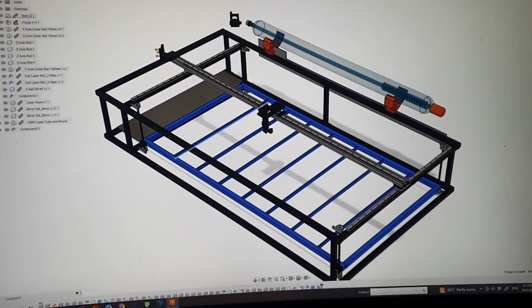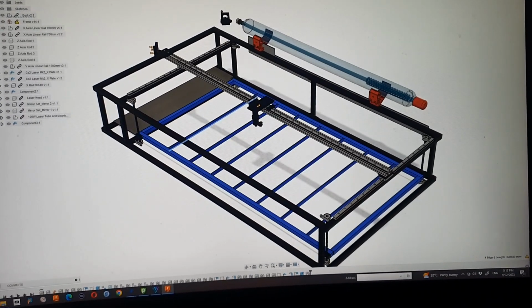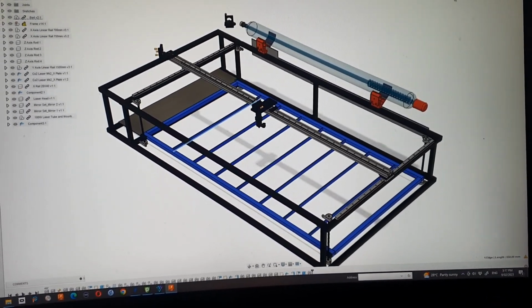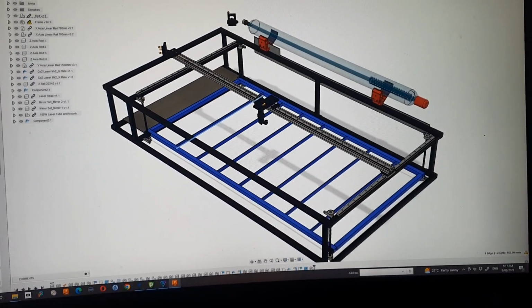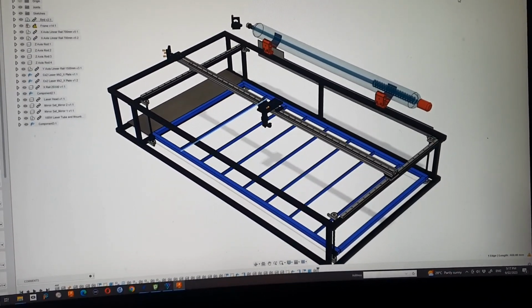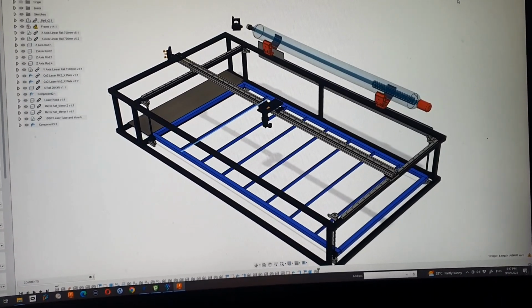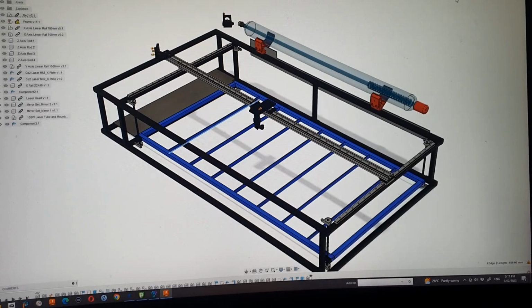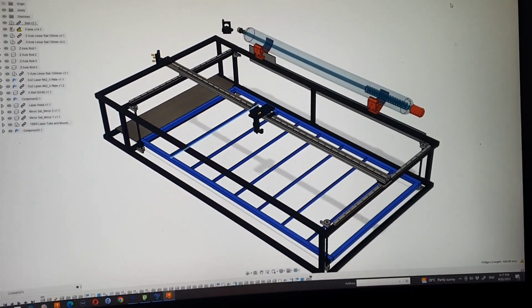So the laser that I've designed is still very much in the design stage. This is really dependent on the parts that I can get. I've ordered quite a few things from China and came up against the Chinese New Year, which has delayed things by weeks. Just my luck. But I have got a few things already, and I'm starting to